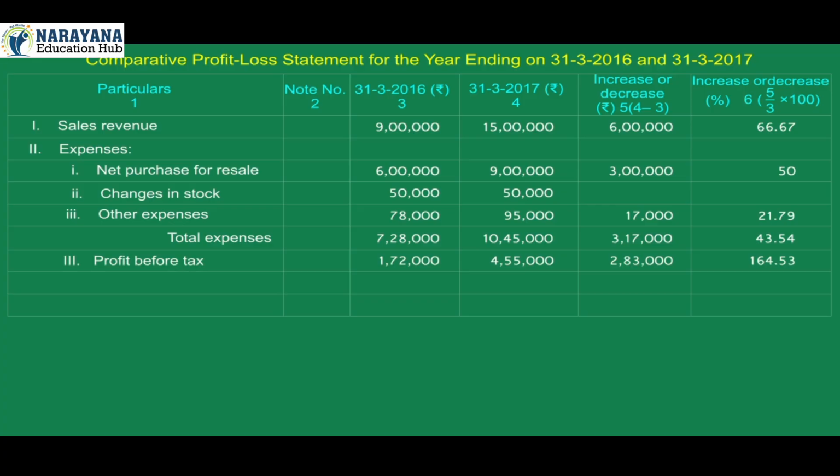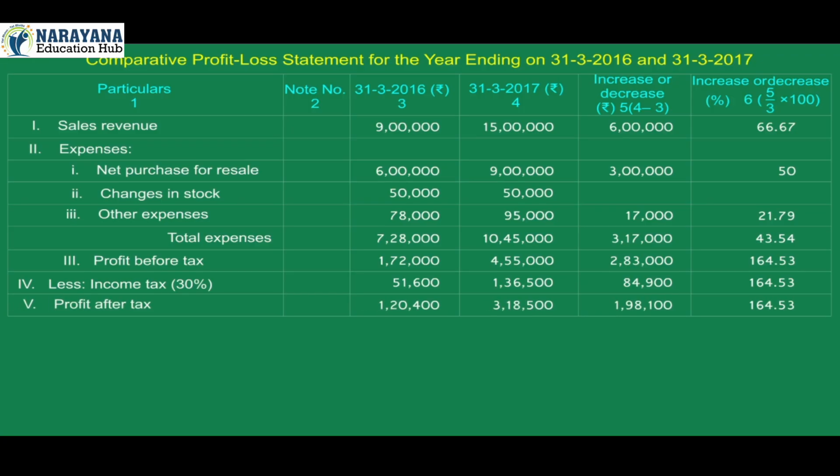43.54%. 3. Profit before tax 1 lakh 72,000, 4 lakh 55,000, 2 lakh 83,000, 164.53%. 4. Less income tax 30%, 51,600, 1 lakh 36,500, 84,900, 164.53%. 5. Profit after tax 1 lakh 20,400, 3 lakh 18,500, 1 lakh 98,100, 164.53%. Explanation: other expenses is equal to